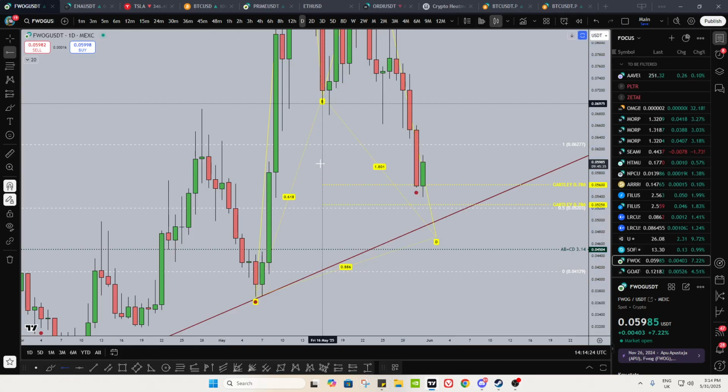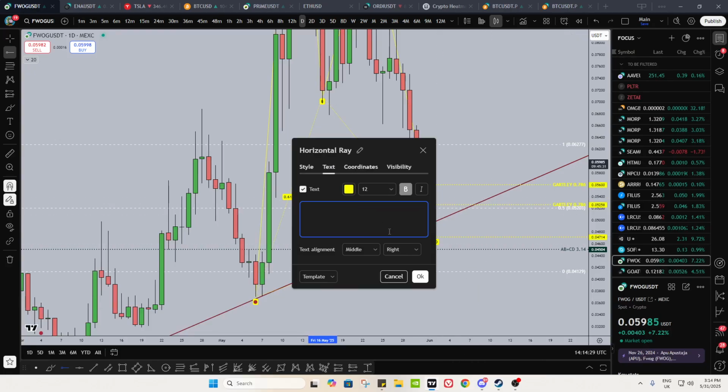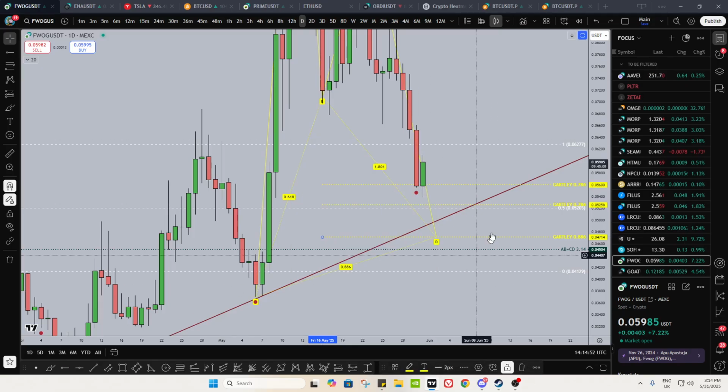I think Fog's probably set up better than Goat is, to be honest. I mean, they look fairly similar, right? But you could create a little meme portfolio. Literally, don't allocate much money to it. I have an allocation that's on the smaller side, but create a meme portfolio like Goat, Fog, Farcoin, all of these you can put under the meme portfolio and just trade that. Because it'd be nice to see how much memes outperform by, right? Because we know they've been outperforming massively so far in this cycle.